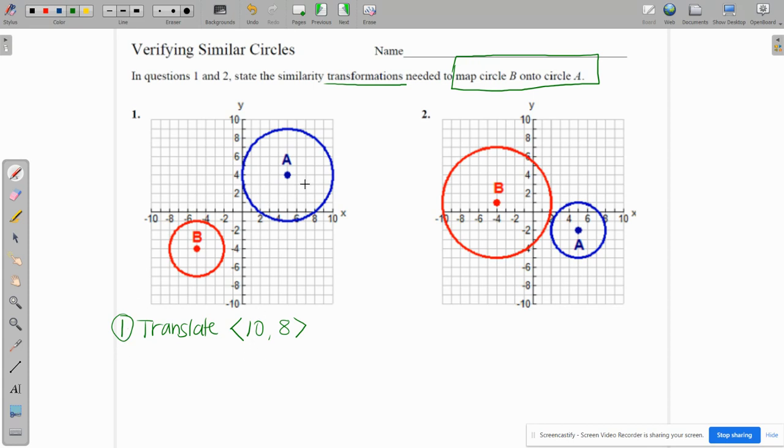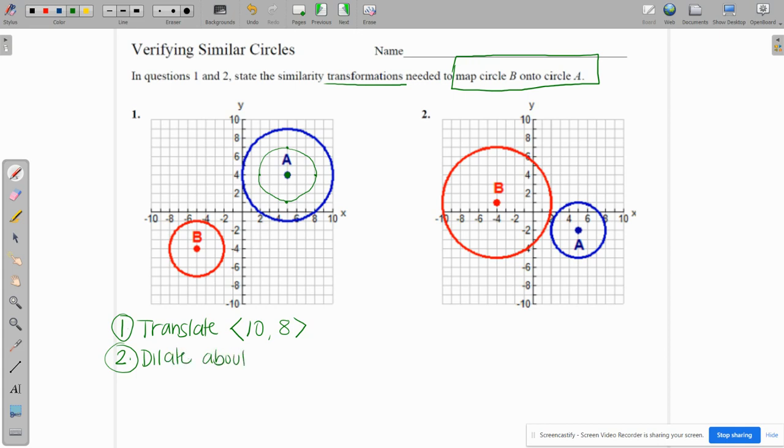After we've done that, then the circle would be located with the center here, but it would still have that radius of 3 units. So if I were to draw that in 1, 2, 3, 1, 2, 3, 1, 2, 3, the circle would be right here, which means we would still need to dilate the circle so that it would actually have the same radius as circle A. So our second step would be to dilate